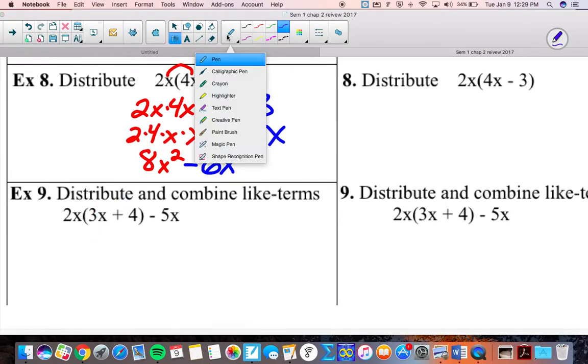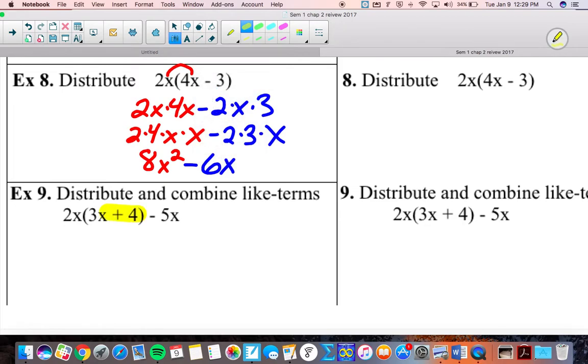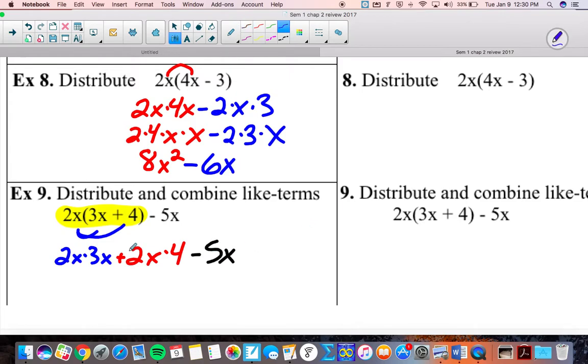Here we have distribution, but the distribution ends at the parentheses. So this is my distribution portion. So I have 2x times 3x and 2x times 4. So 2x times 3x plus 2x times 4. I'm done distributing now, but I do have this -5x at the end. So to simplify 2x times 3x, if I rearrange this, I could rewrite